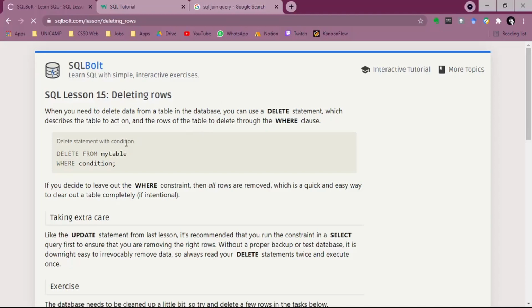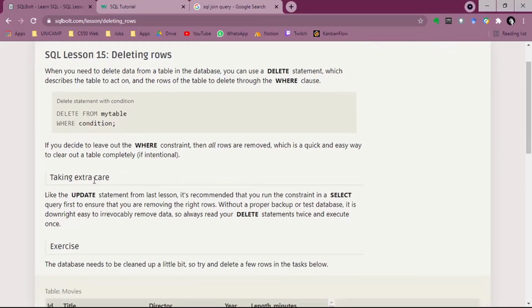Deleting rows. So when you need to delete data from a table in the database, you can use a delete statement, which describes the table to act on and the rows of the table to delete through the where clause. So the idea is basically the same. We're going to delete from the table the condition. So here again, the extra care is like the update, okay? And here, if you decide to leave out the where constraint, all rows are removed, which is a quick and easy way to clear out a table completely. If intentional. If it's not intentional,